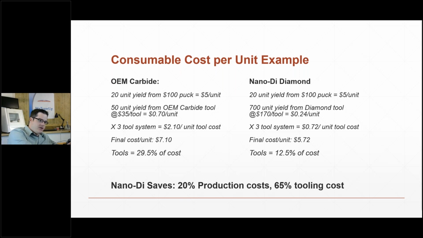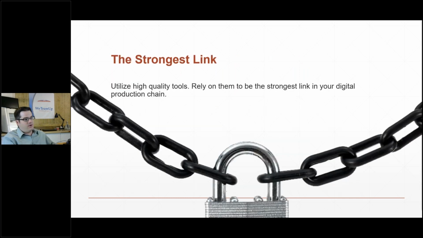And then if you want to look at it just at tooling, it's even more significant. But I like to throw the material in there so you can kind of equate that to a real life situation. So back to my chain metaphor. If you use high quality tools, they're going to be your friend. They're going to be the strongest link in your digital production chain. So moving on here,